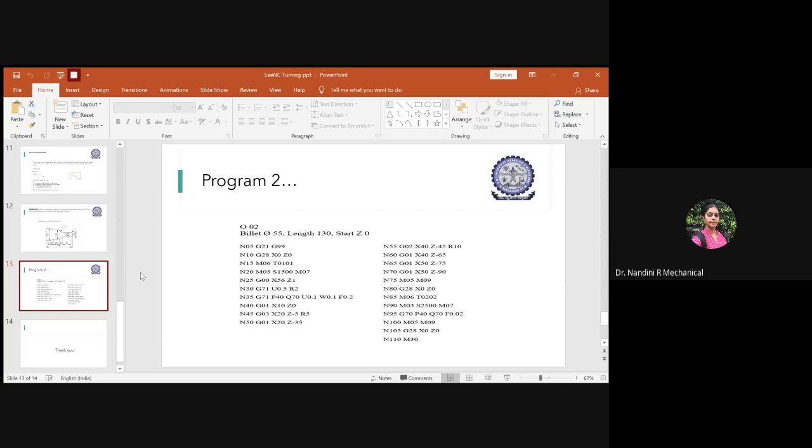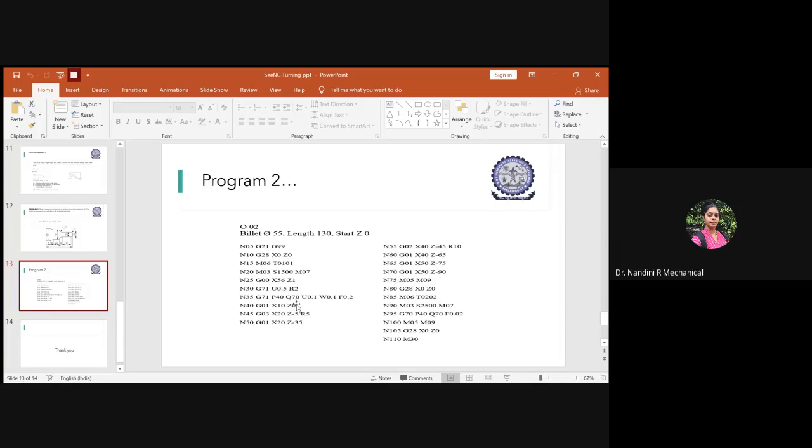Now you will give the sequence number from where the rough finishing starts, sequence number N40. So you write P40 here, and where it ends, M05 will stop the spindle. So this is the end of linear interpolation, sequence number N70.